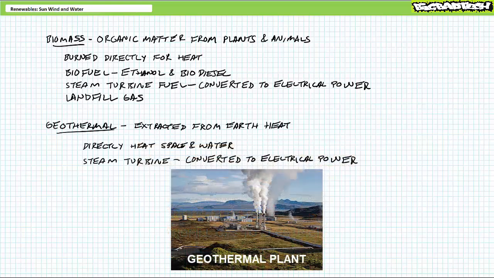Geothermal energy is thermal energy extracted from the earth. This heat can be used to directly heat a building or water, or be used to generate electricity in a similar manner to a traditional steam turbine, only the heat from the earth, instead of coal, nuclear, or natural gas, drives the heat cycle. Unlike wind and solar, which are subject to the capricious whims of sunrise, sunset, cloud cover,